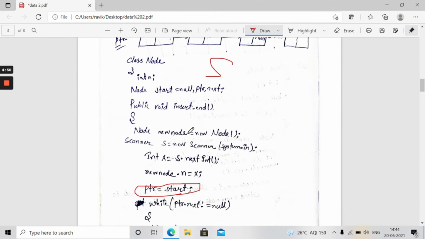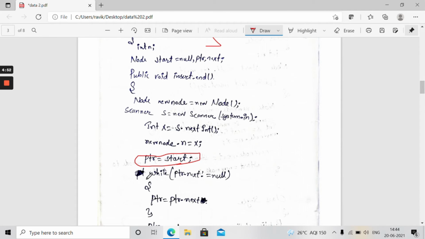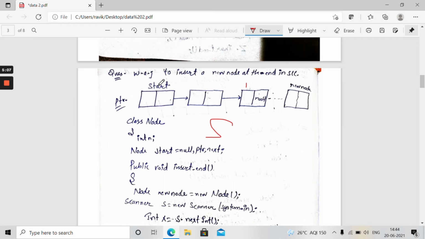After that guys, we are going to insert a loop, meaning while ptr.next not equal to null. Firstly we have to understand what this loop is going to say.